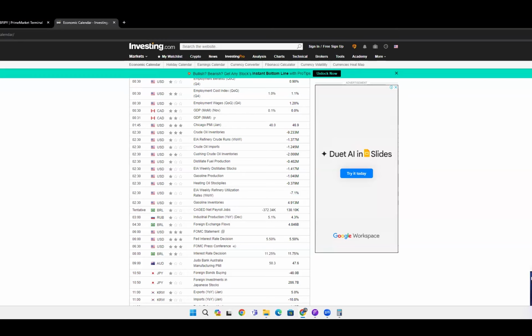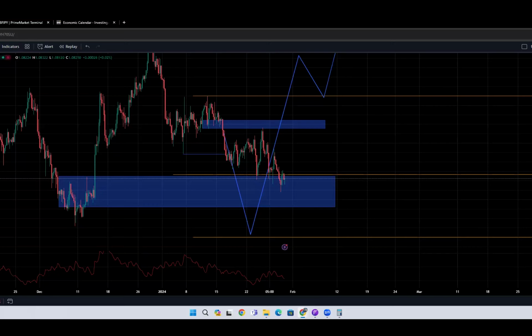But the hikes haven't been taken off the table. They're just going to mention this. They're just going to drop this bomb up there, but it won't make a big difference on the short or the long side. If we look at the DXY right now,